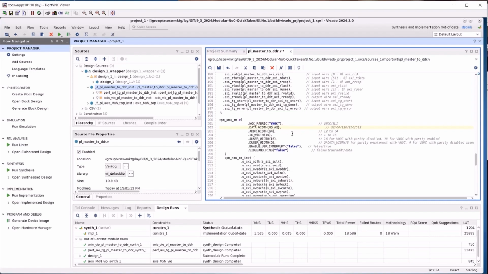Same for address width. I'll leave these parameters as the default: user widths, interrupt pins, and finally sideband pins.